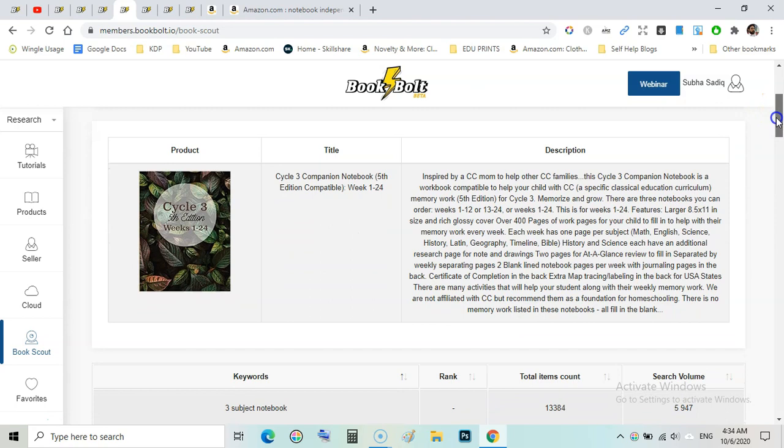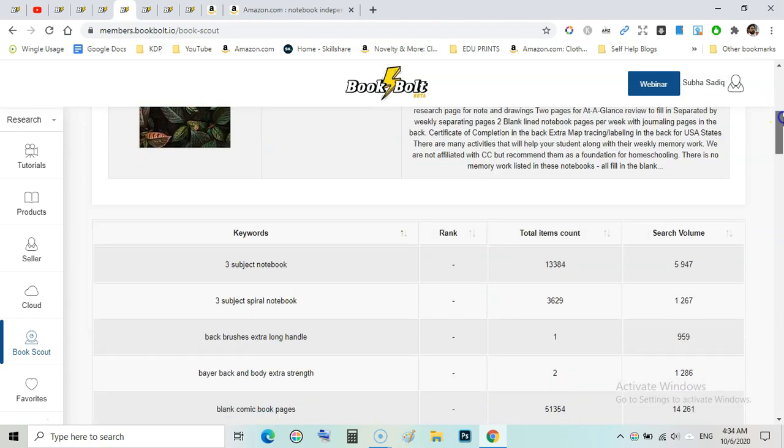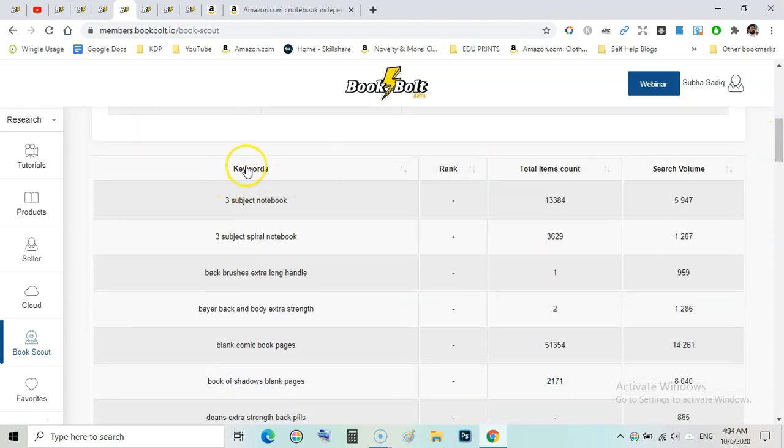It will show you the data about this book: the description, the title, and here are the keywords this book is ranking for. This is very important data. You can also see the rank and the total number of competitors. There are 13,384 competitors for this particular keyword, and the search volume is 5,947.